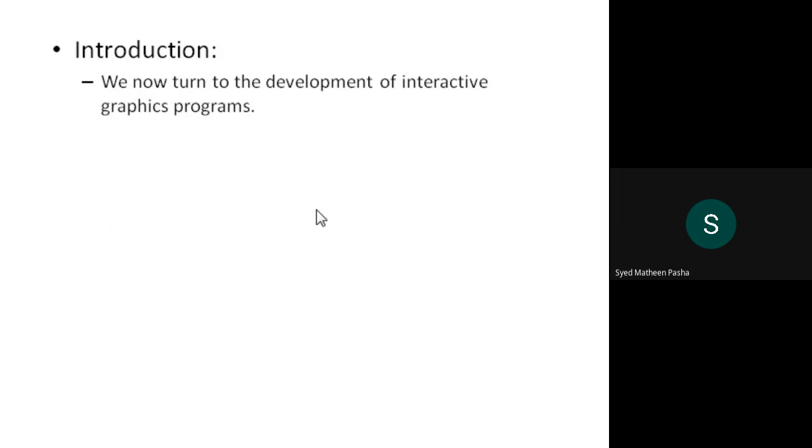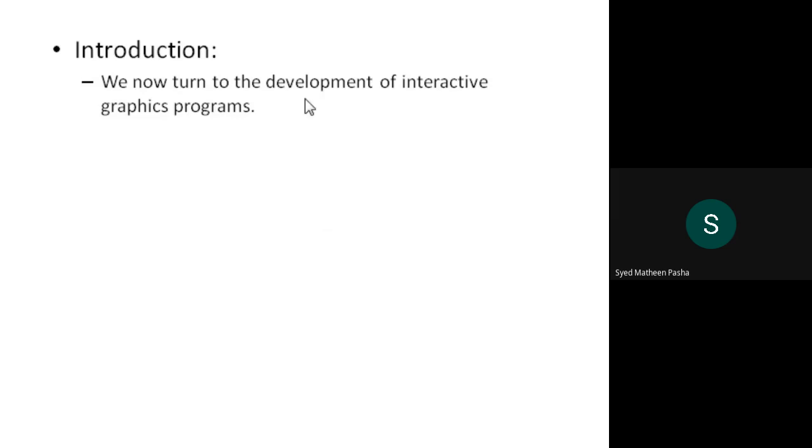So first, what are input devices? I want you people to answer. What are input devices? With the help of input devices, what do you do? Input data. Yeah, you will provide input data to your system with the help of input devices. So I can say there is an interaction happening between you and the computer with the help of some input devices. For example, keyboard and mouse are input devices. So this is how you interact with the system, right? With the help of the interface called input devices.